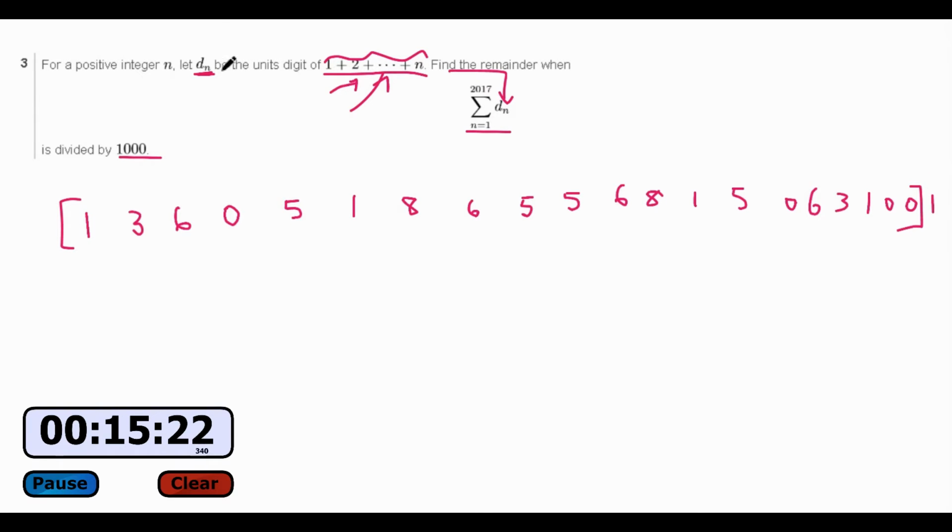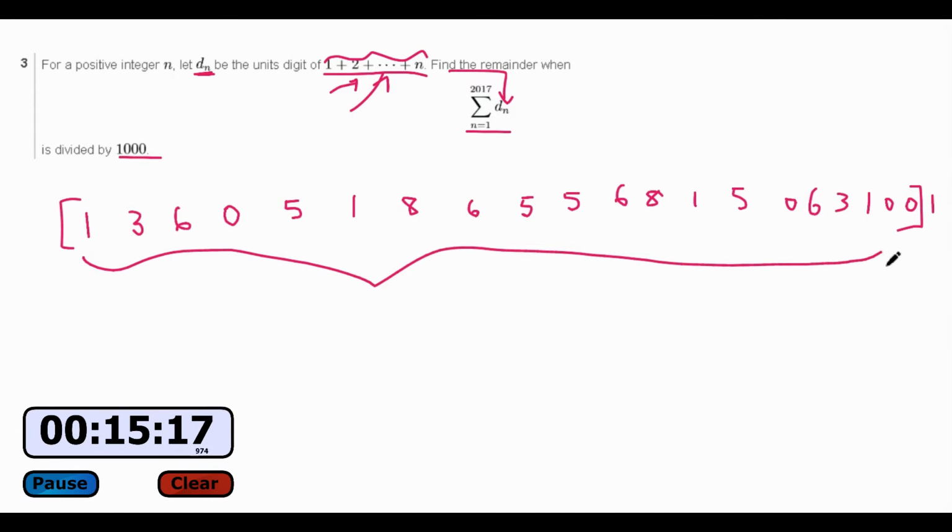So we have that d_n mod 10 cycles every 20. And then in particular, that means each of these blocks appears 100 times in this summation, because 2017 divided by 20, well, that's 100 plus a little bit left. So we have each of these blocks happening 100 times, and since the sum of all the numbers in